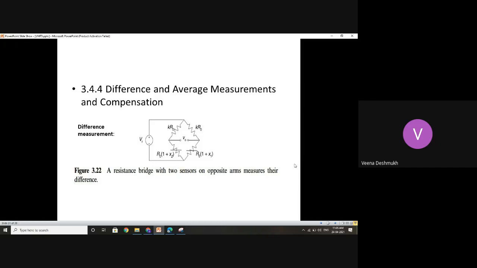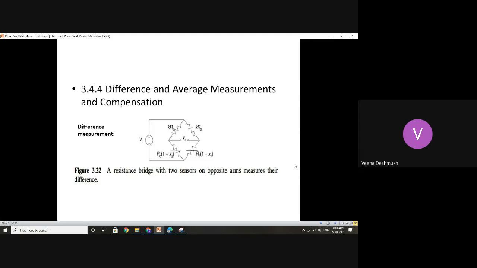Today, we will see different parameters when you use the bridge. What are the other parameters which affect the performance of the bridges? Assuming that the bridge is stable. What I mean by bridge is stable is the resistors which are connected in the ratio arm plus another third arm resistor. In some cases, it may be another transducer or a resistive sensor, because definitely the fourth arm is a sensor only.